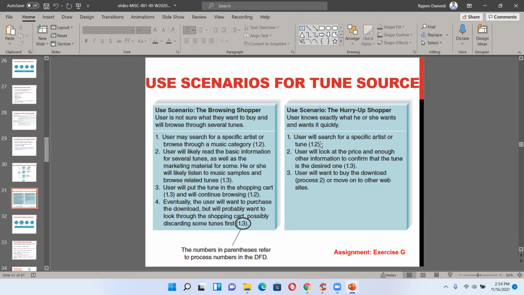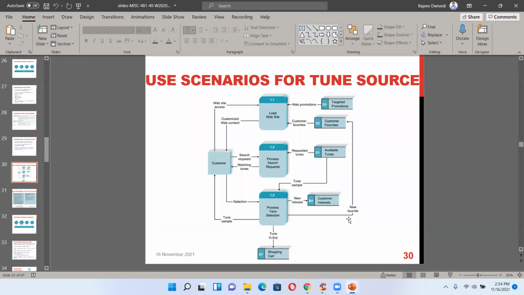So basically here three steps are there in one DFD, 1.1, 1.2, 1.3. Here the steps are related to 1.2, 1.3. Here also 1.2 and 1.3. So basically in this design,